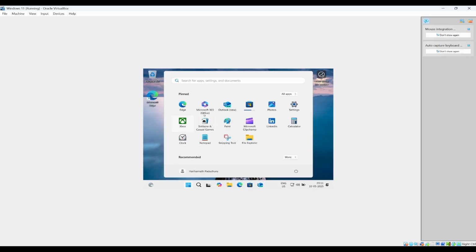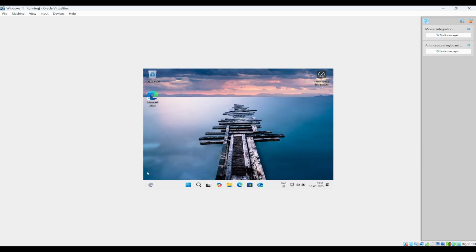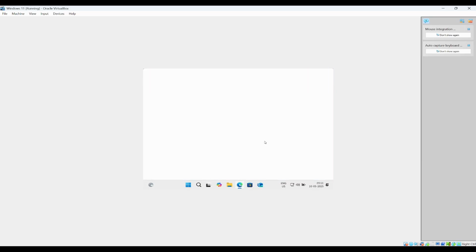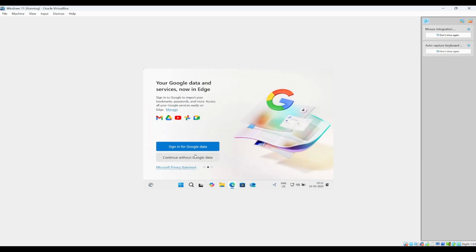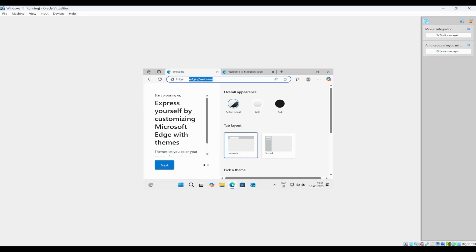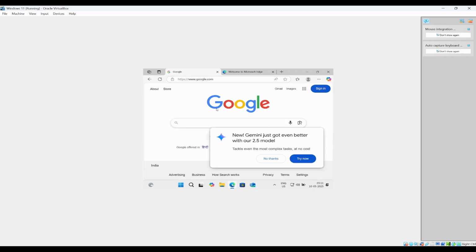So overall the process took more than an hour. So for you also it might take more than that, depending on the RAM and the CPU cores that we have given. Now finally we are done with the installation. We can check whether we are getting internet connectivity. Yeah, so now we can see the browser is working properly.